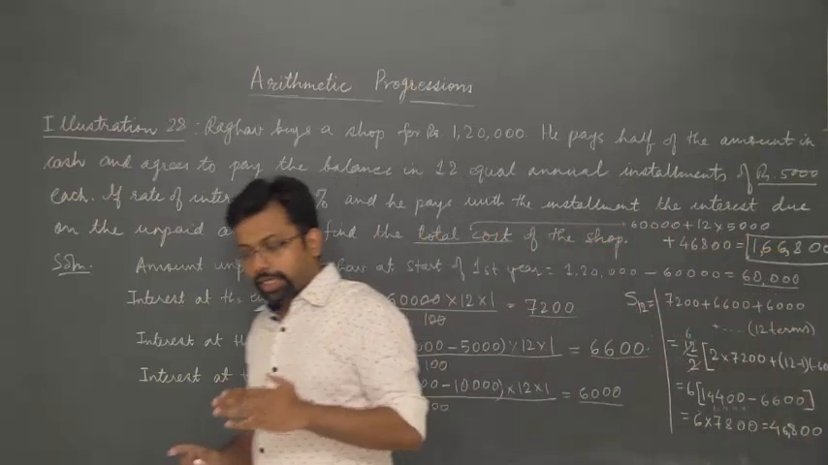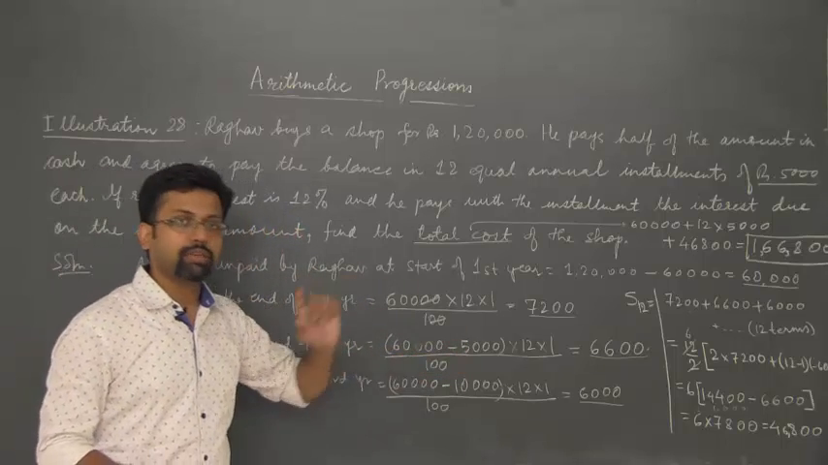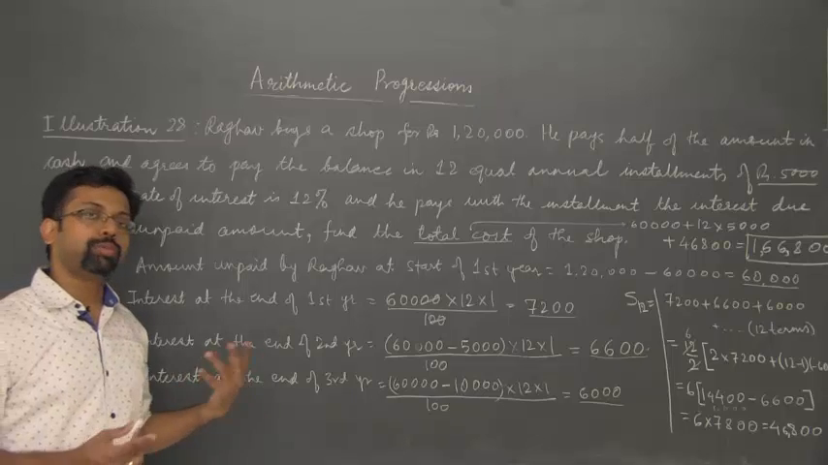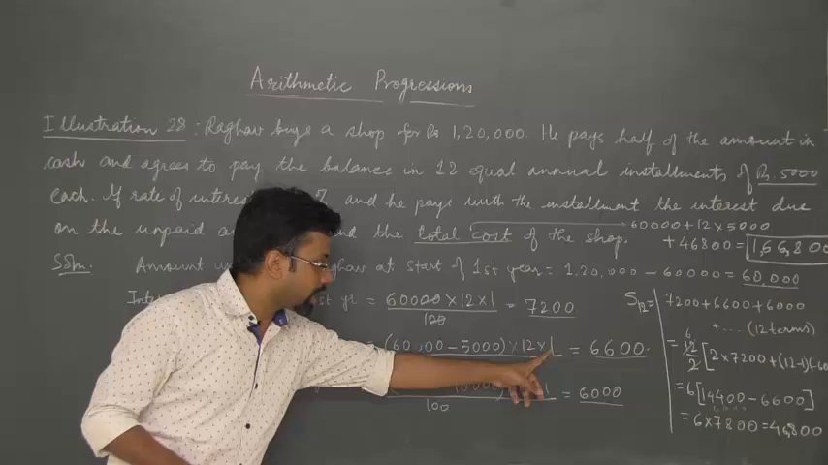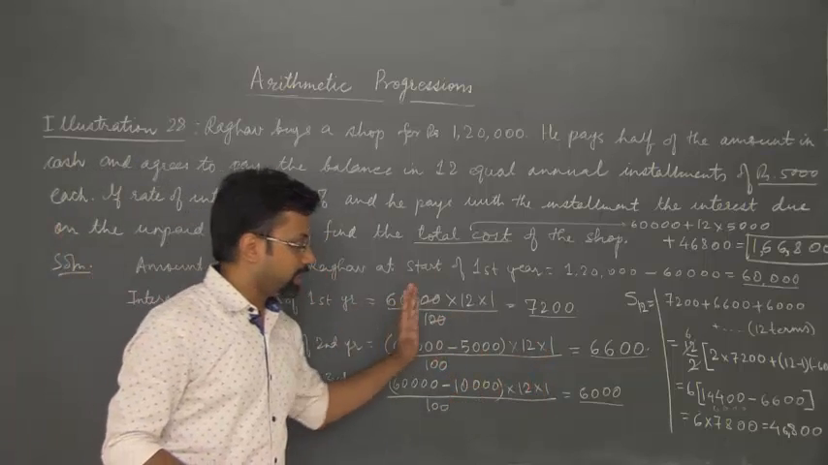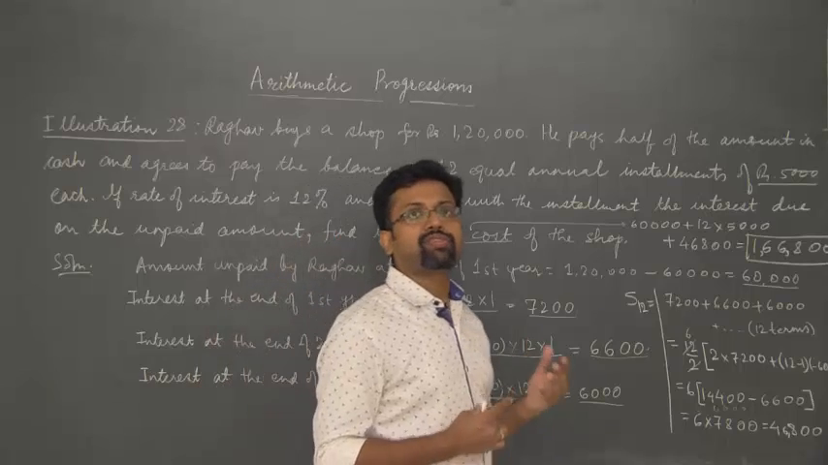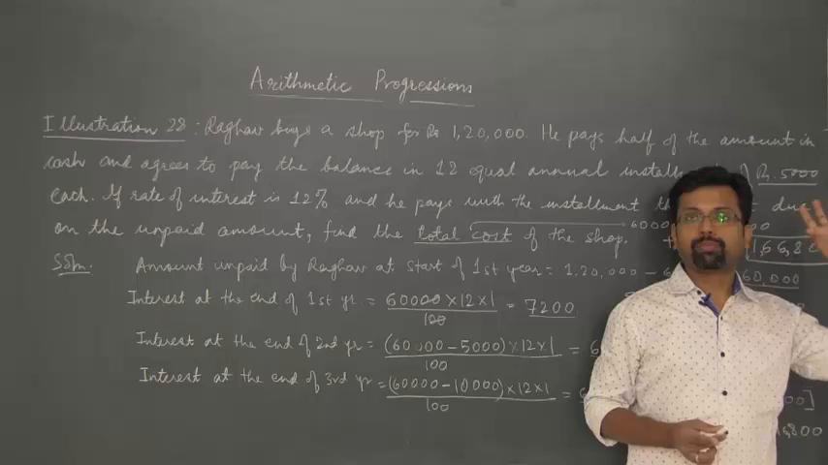So for the entire second year, the principal amount will be 60,000 minus 5,000 rupees. And how much would be the interest? Principal times rate of interest times time divided by 100, we get it as 6,600. At the end of the second year, he again pays 5,000 rupees from the basic principal amount that was there